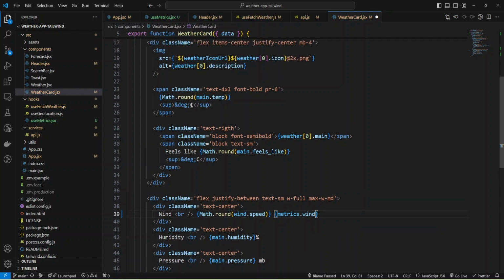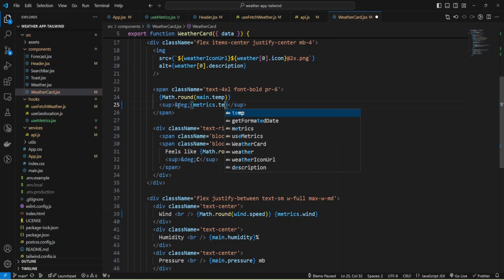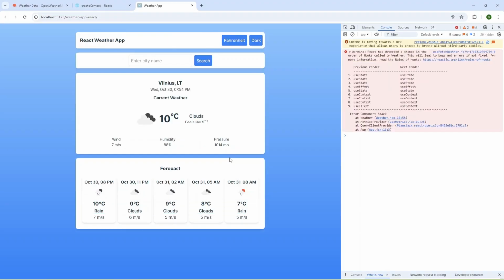And also we have Celsius, and instead of that I'm going to use my metrics and provide temperature.